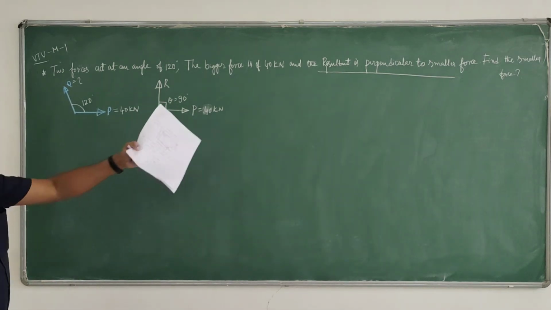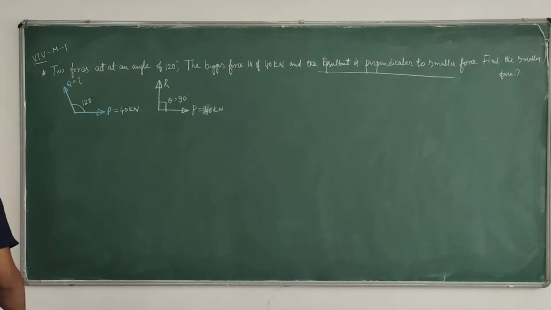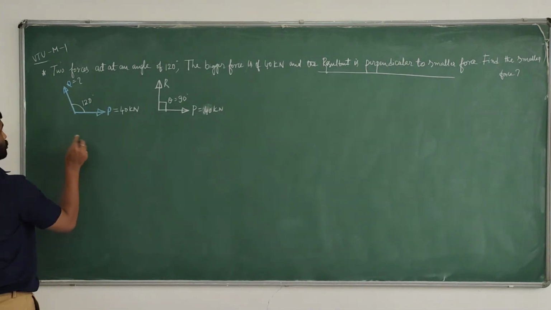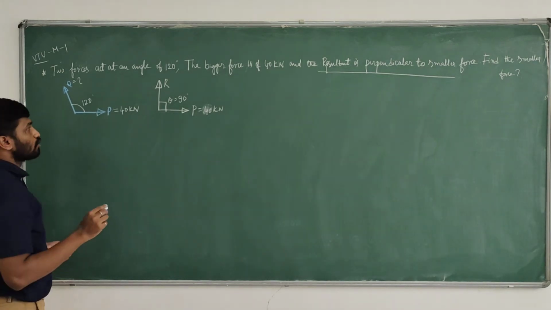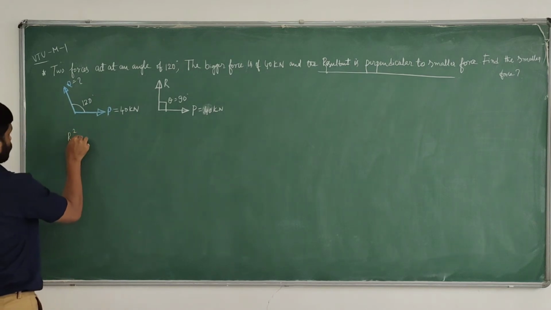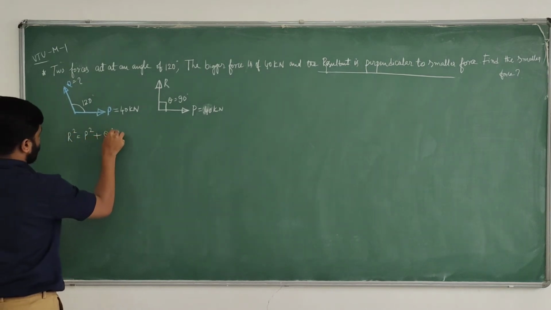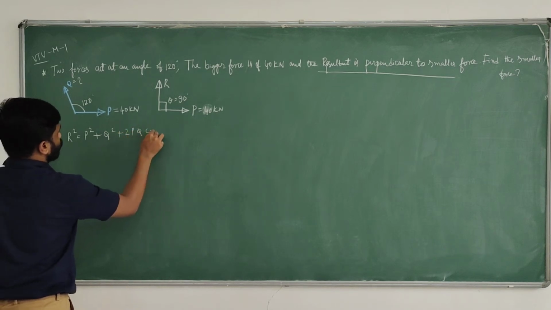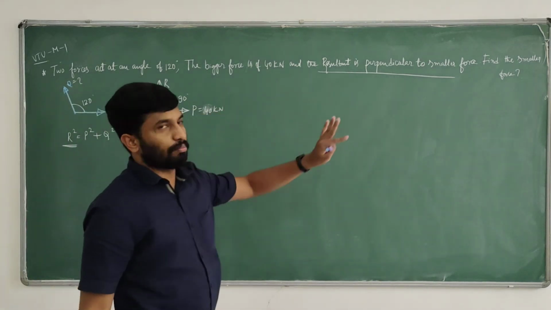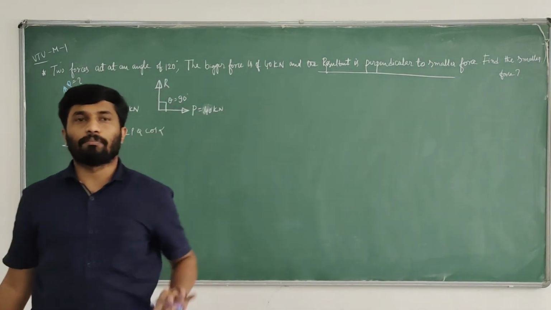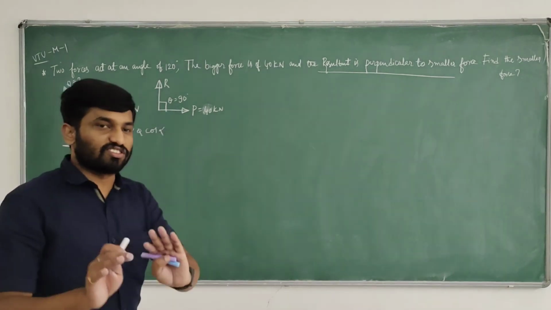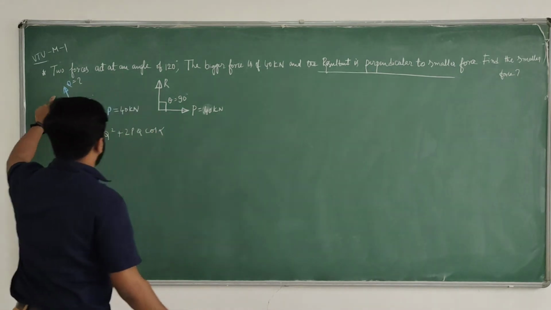This is a statement oriented problem and a very easy problem, more or less mathematical combinations. We know what the parallelogram law is. The theorem is very simple: R square equals P square plus Q square plus 2PQ cos alpha. This is the computation of the resultant. But he is not asking to compute the resultant. If he were, we would use this equation. But in this problem, he is clearly asking to determine the unknown force Q.